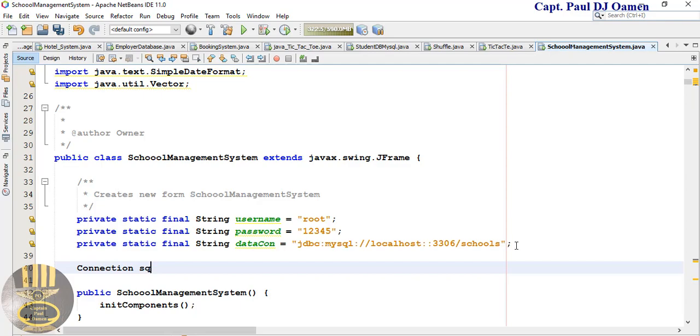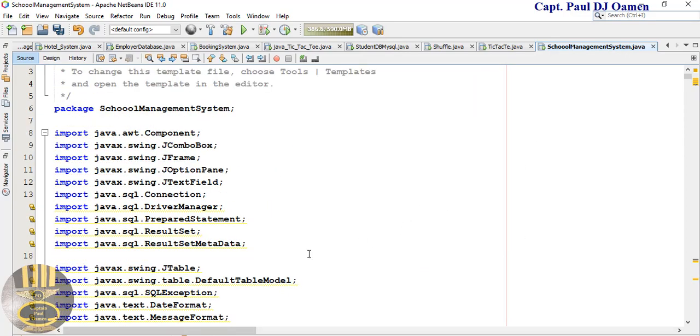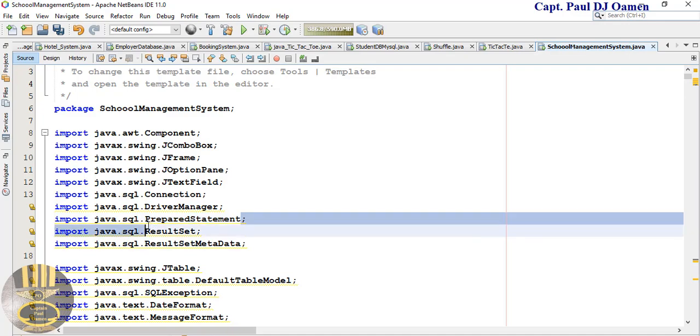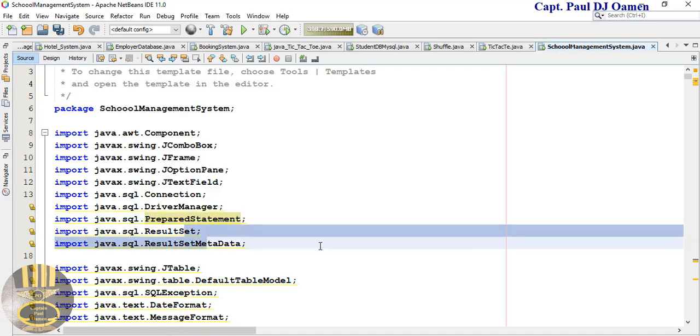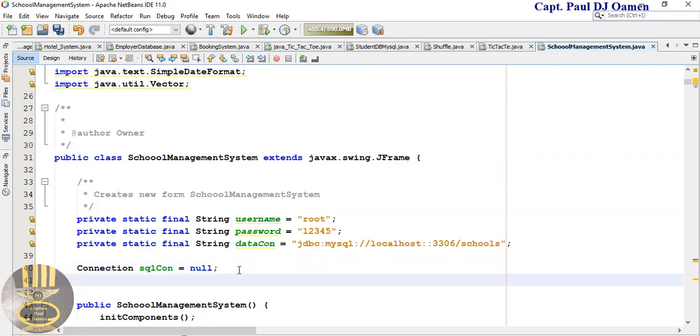That would be SQL con equals none. And the preferred statement, this very one. Where is it? I think I must have imported that. That is it right there, the preferred statement, and now I'm going to get the result as well. The preferred statement, that I'm just going to call that